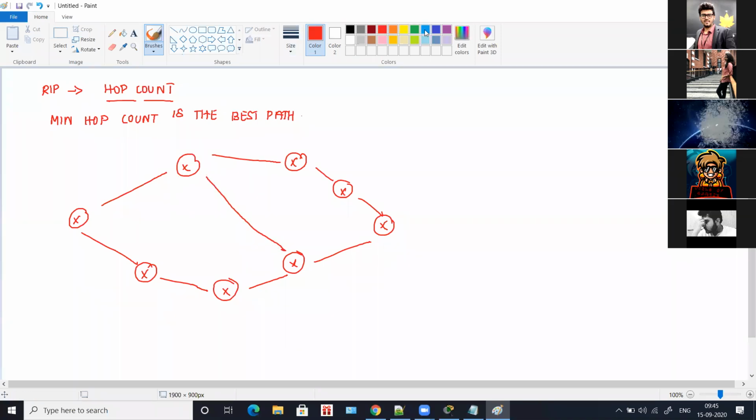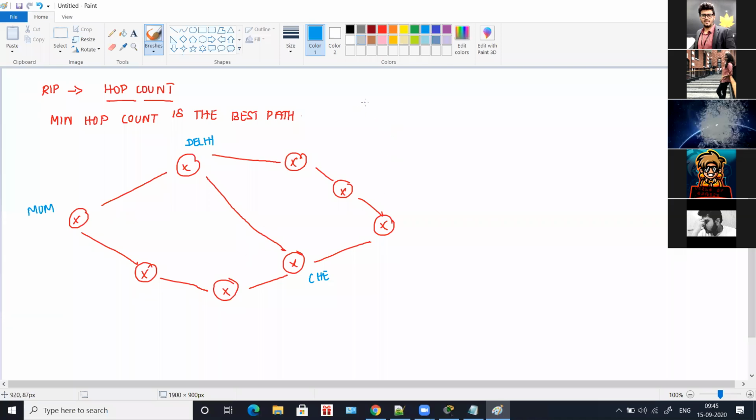In this diagram, let's consider this point is Mumbai, this point is Chennai, and this point is Delhi. And these other points are all your next stops.